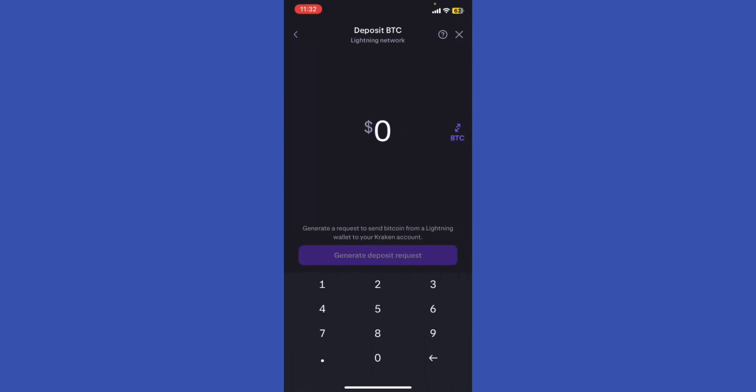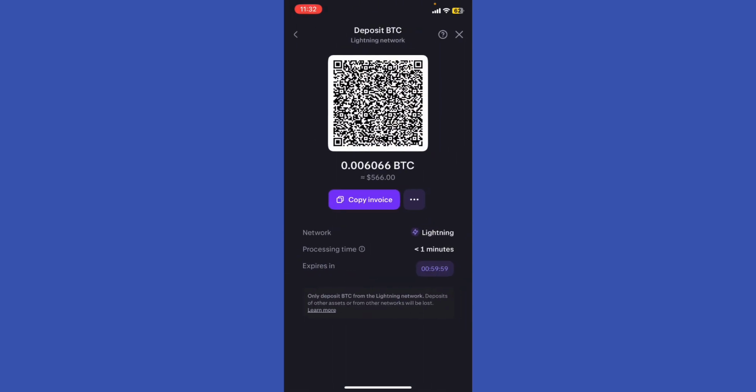Enter the amount of Bitcoin that you want to receive. Let's have an example, $5, and then go ahead and click generate deposit request. Okay, and then you're going to share that QR code with the other person so